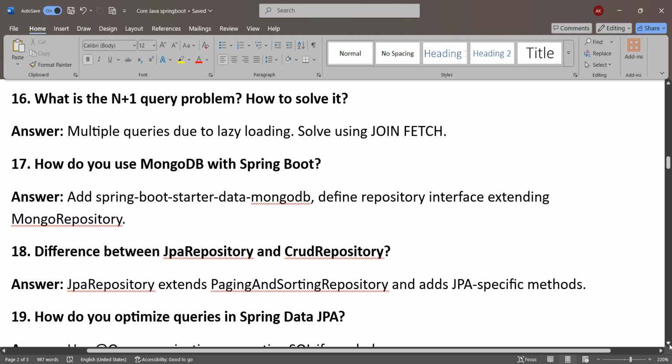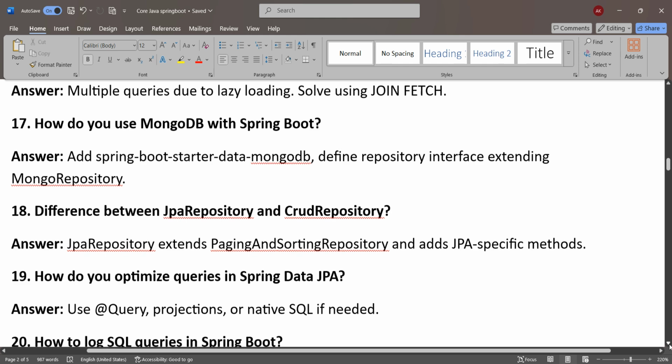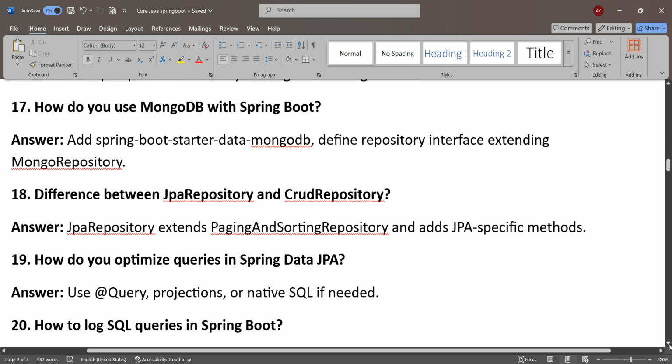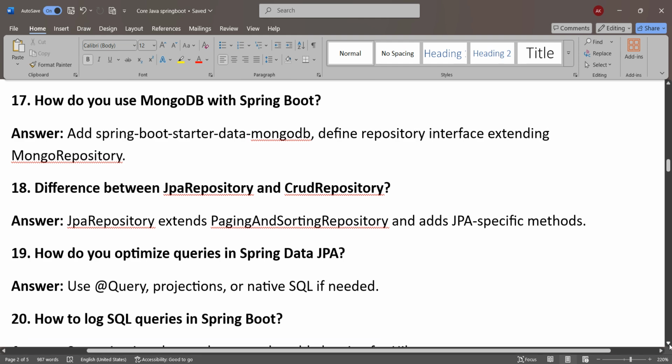The next question is what is the N plus one query problem and how to solve it? Multiple queries occur due to lazy loading, and we solve it using JOIN FETCH. So the N plus one query problem will be solved using JOIN FETCH. Now the next question is how do you use MongoDB with Spring Boot? Add the Spring Boot starter MongoDB